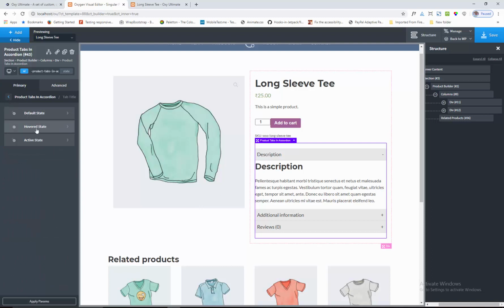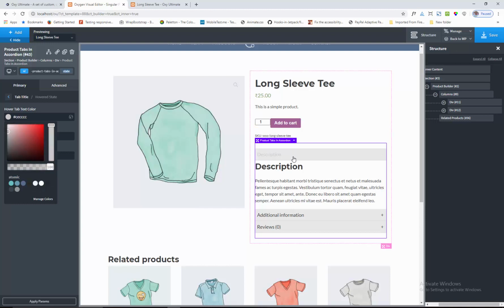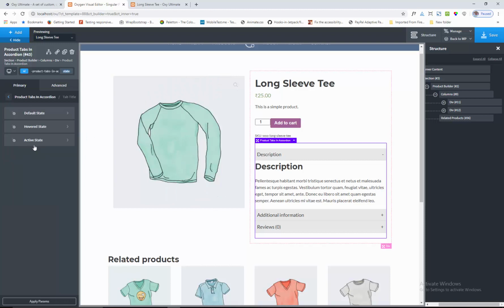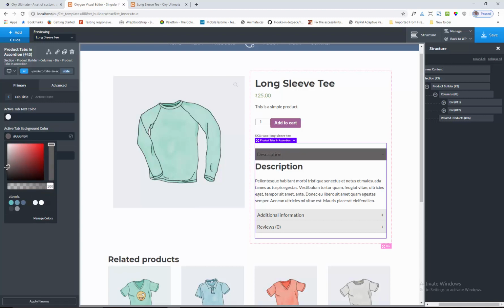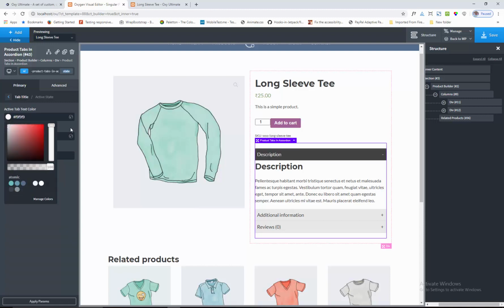Next we can set up the hover state like background color. This and border color as it is, and active state we can set this. Okay,